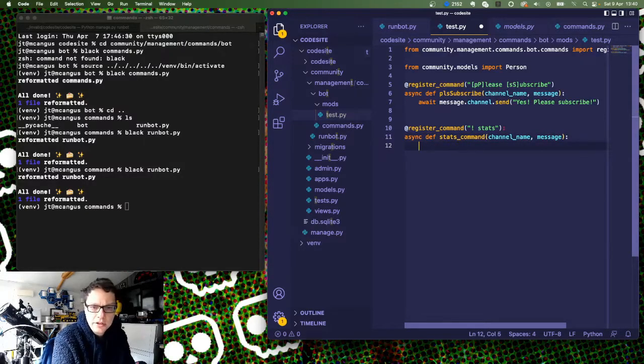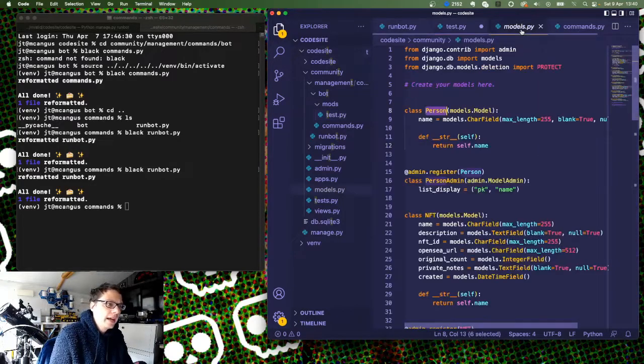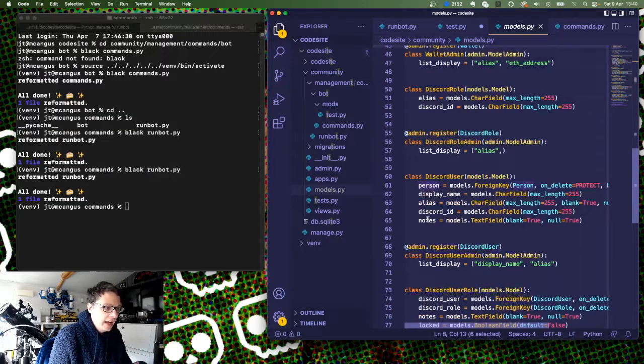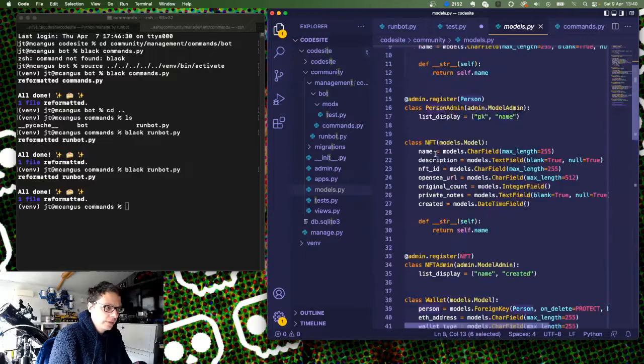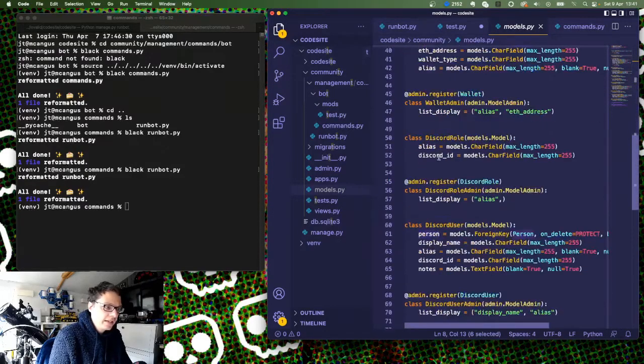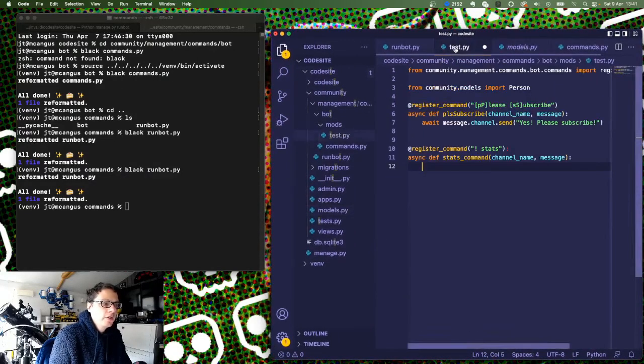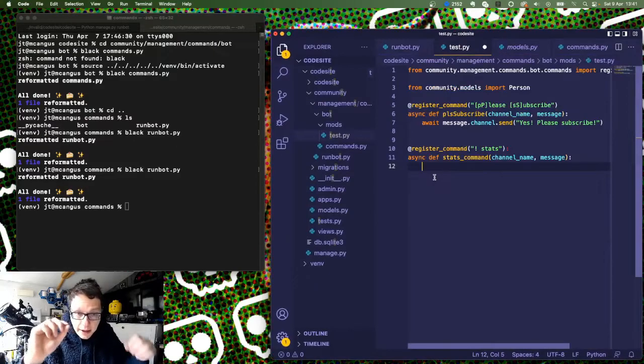I may want to add some security hints so that only registered users can do it, or only management users can do it. And if you look back here in models, I actually have a thing called a Discord user. And on Discord user, I actually had a flag, or was it on person? I thought I had a staff flag. I don't. I thought I'd put a staff flag. I'm going to go back and put that in the model, so I can say if this is a helper, then they can do these commands. But at the moment I don't, so I can just do